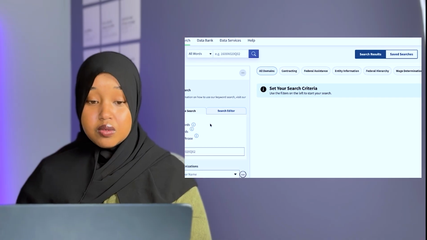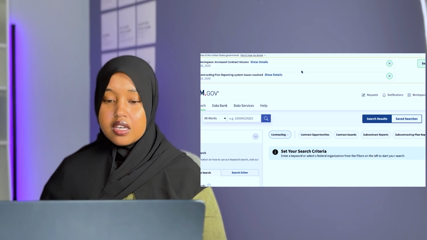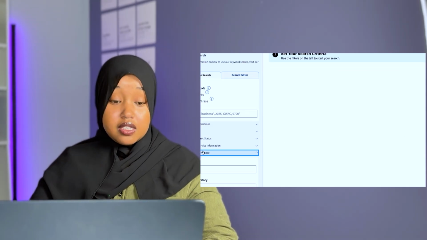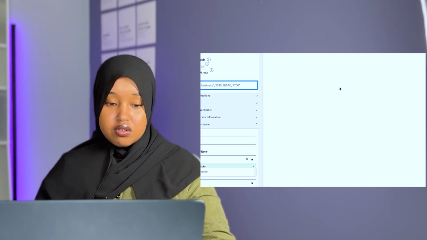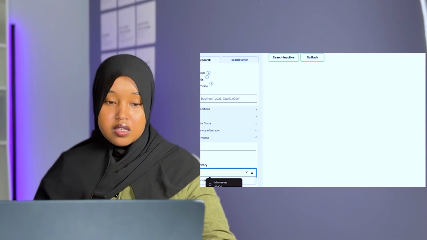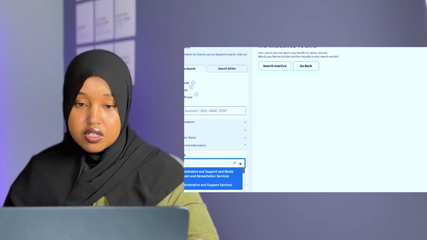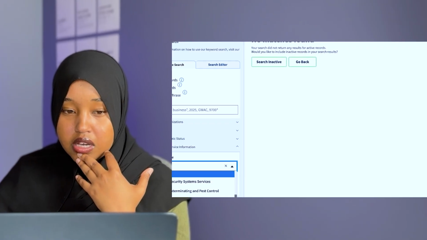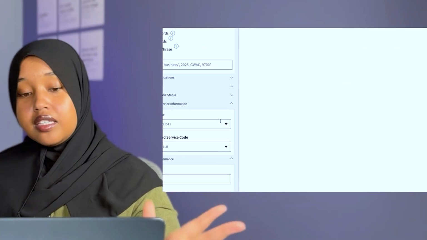So first, I will show you the amount of opportunities that are available on the federal side. If you hit contract awards, there are awards that were given before, and many were given last week. If you go to the state that you're in, and then we will go to the product service. In our case, it will be 56172, janitorial. It will be search and active. I did something wrong. Go back. Okay, we are back here.